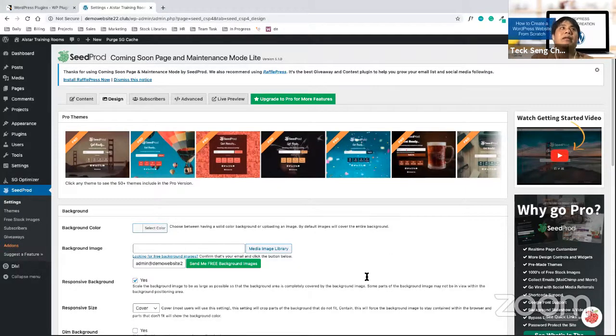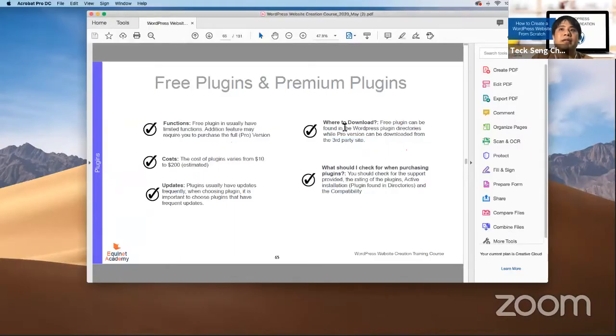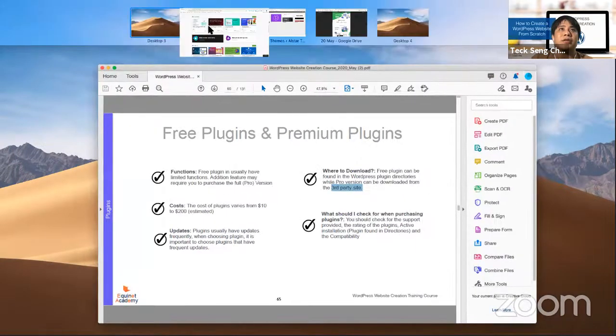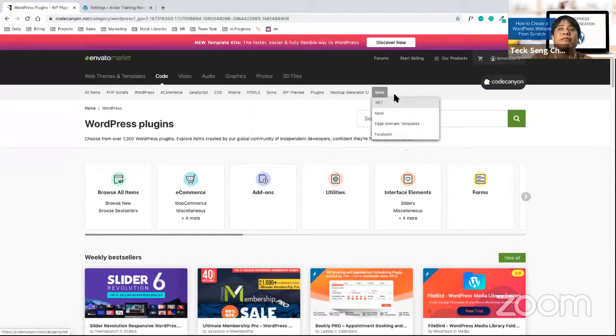Okay, now let's try with premium plugins and see how you install a premium plugin. Under my slides, you see that premium plugins usually will be installed via third-party sites. The third-party site, like I showed you just now, was one of these, which is Team Forest.